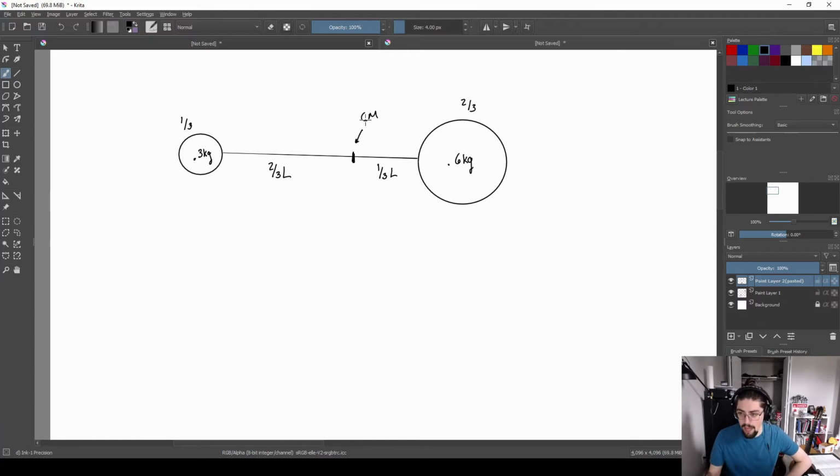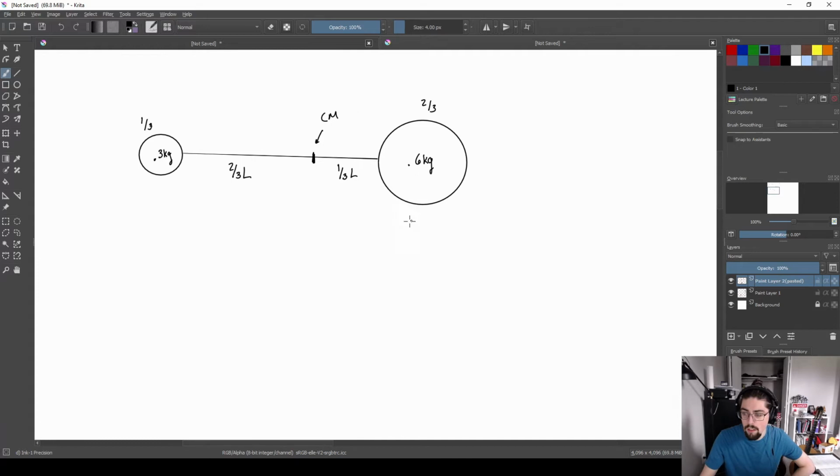Now, we can prove that, and let's go ahead and do that. We know that the center of mass, let me call this spot right here, x is equal to 0. And then we can call this right over here x is equal to L for now. We know L's going to be 40 centimeters, but let's get to that in just a second. What I'm basically saying here is that I've got, all right, divide by the total mass. I've got